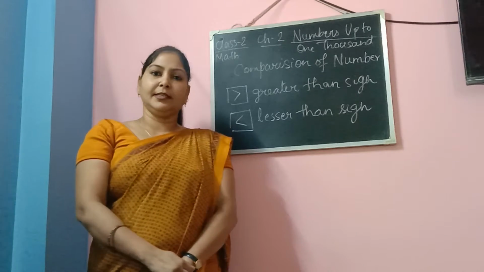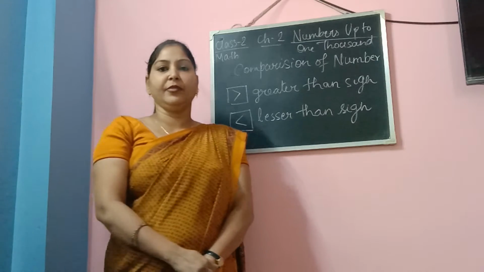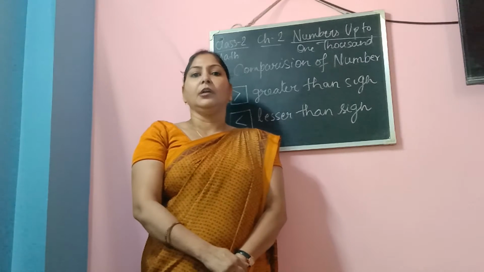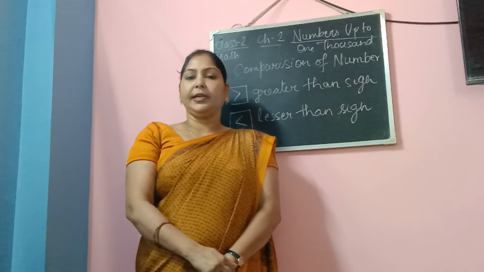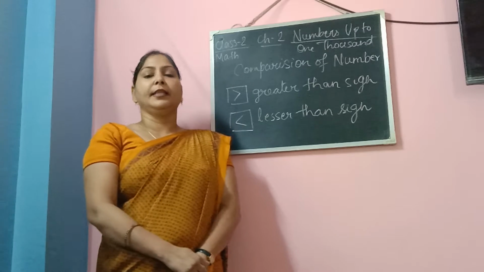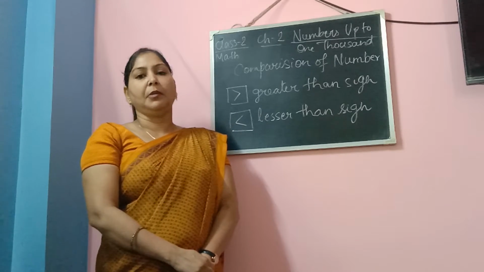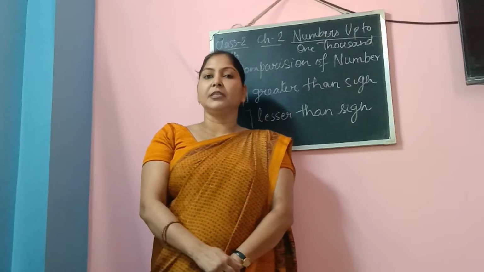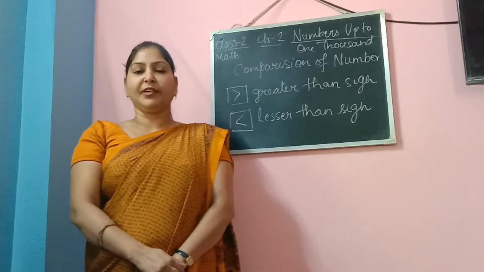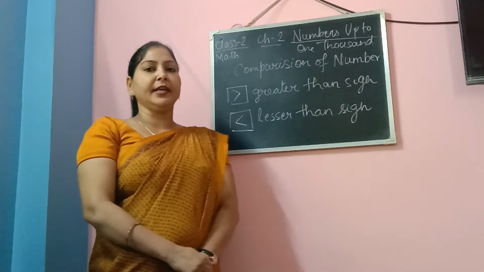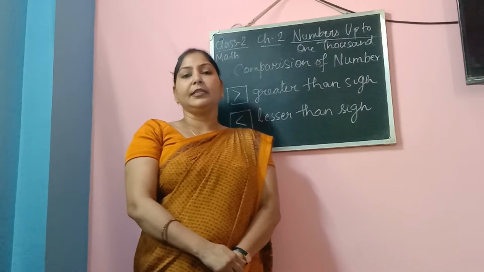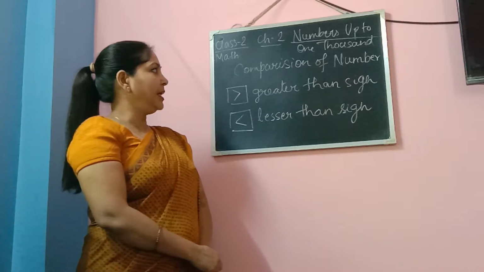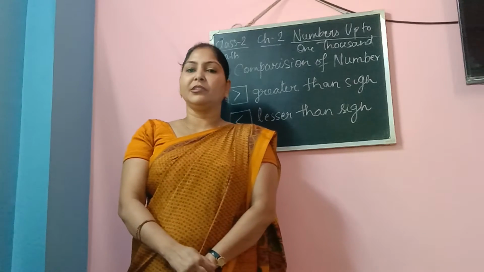Okay, now let us start the class. So, today I am here again with chapter number 2. In the previous class, we learned how to write number names for numbers. Then we also learned about place value, face value, expanded form, and how to write numbers in short form. All these topics we have covered so far. Now I'm here with a new topic, the last topic of your chapter. We will be learning in this class about the comparison of numbers.